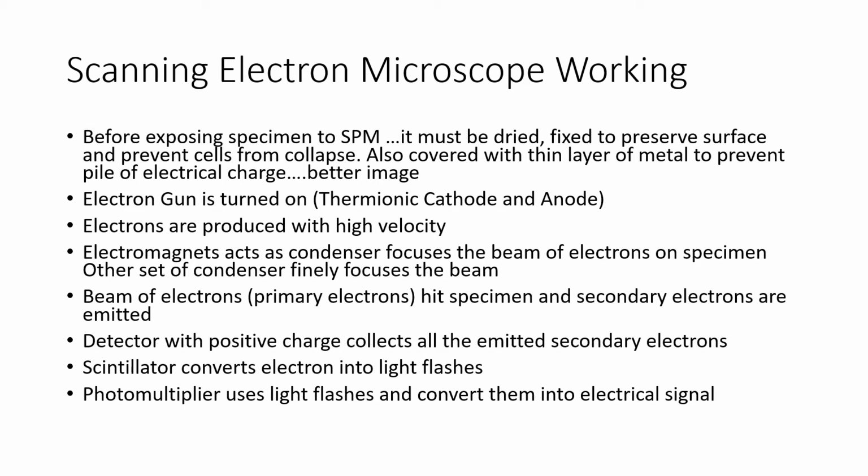See here, we have scanning electron microscopy working. You know that whenever we expose our specimen to a microscope like a light microscope, we stain the specimen. But this time we need to take extra care of our specimen before exposing it to SEM, because we know secondary electrons are coming out from the specimen, and we do not want those secondary electrons to get collected over the specimen surface. We want them to come out so that they can be detected by our secondary electron detectors. So what we are going to do to ensure that no collection of secondary electrons takes place on the surface of the specimen,